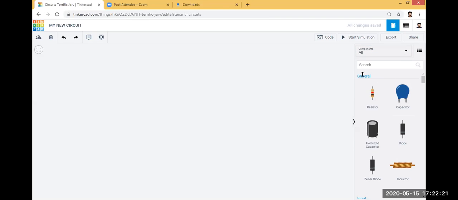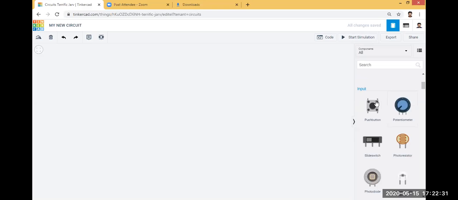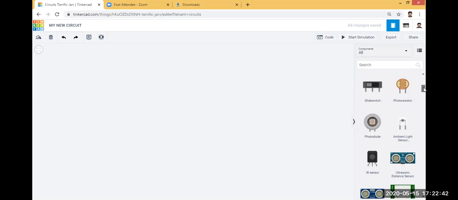The first section is the general section, which consists of the resistor, capacitor, diode, etc. The second section is the input, which consists of the push button, potentiometer, slide switch, photoresistor, photodiode, etc.